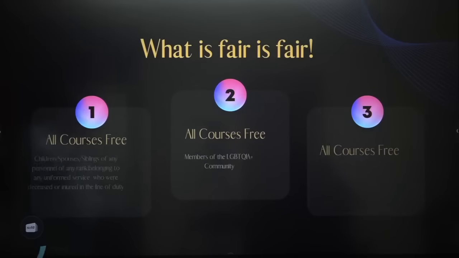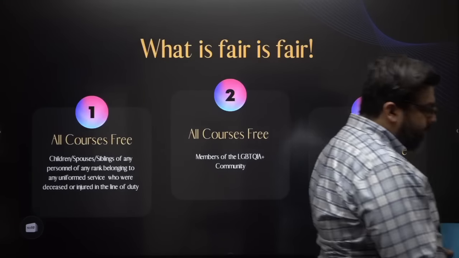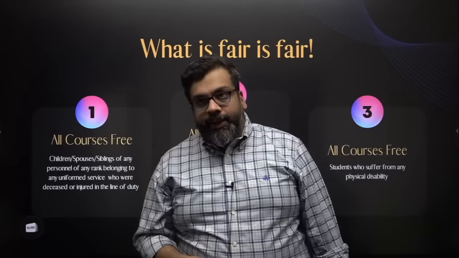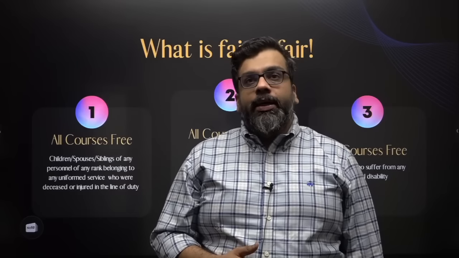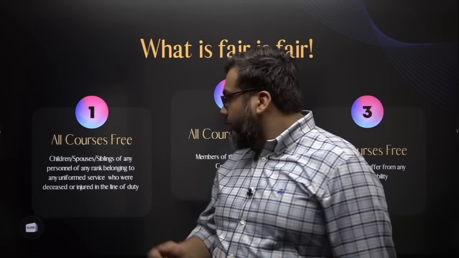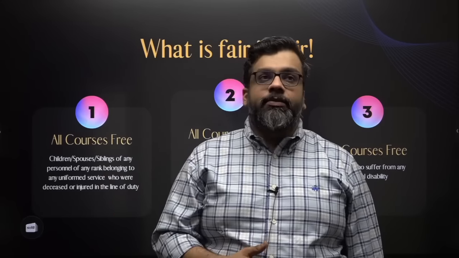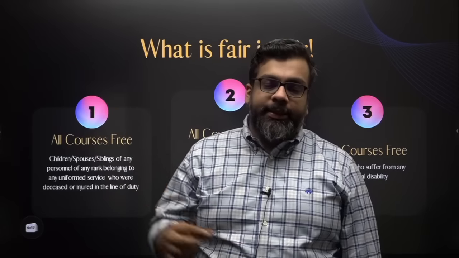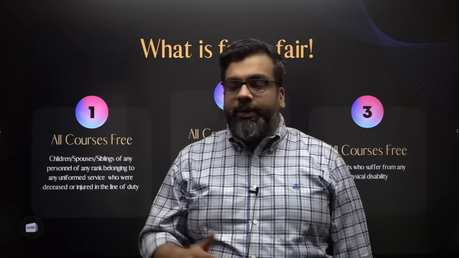Now, certain very important pieces of information that you should know. If you are somebody who's a child, spouse, or a sibling of anybody who is serving or who has served in any uniformed services, including the police, and the person was a martyr or was injured in the line of duty, on the website you will find an email address that says waivers@atishmathur.com. Just drop me an email and I will make sure all the courses are available for you